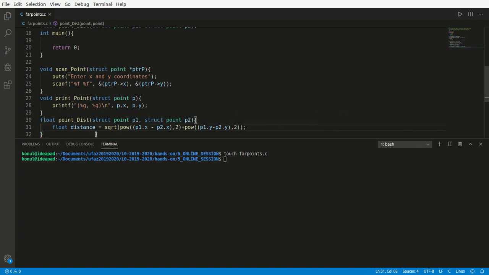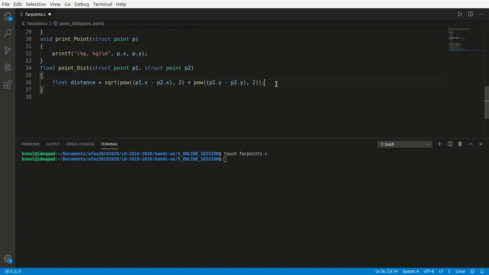Yeah, this is, if you remember, x1 minus x2 squared plus y1 minus y2 squared. Here we have 2 points, that's why we are accessing their members. So each instance p1 and p2 holds their own coordinates, that's why we are using this formula like that. And then we want the function to return us the distance, so we are writing return distance. Okay,